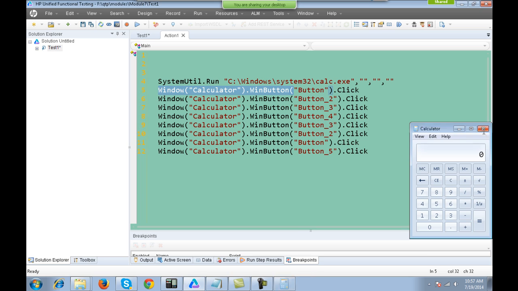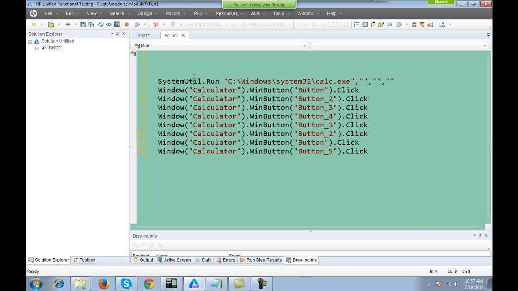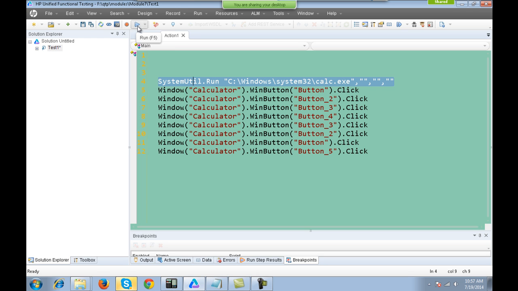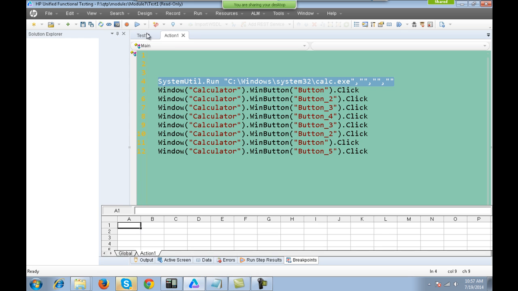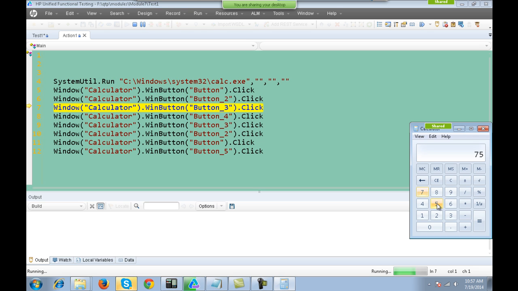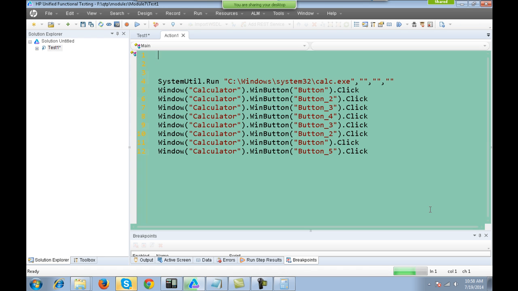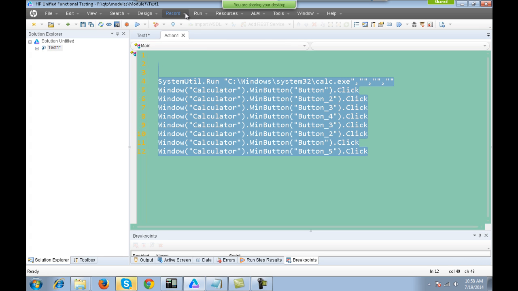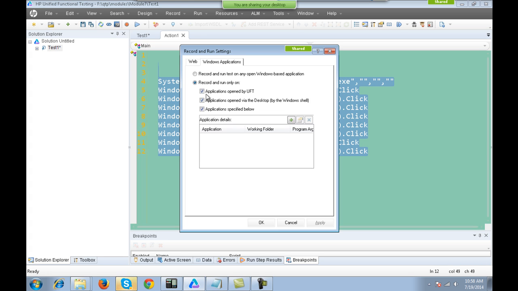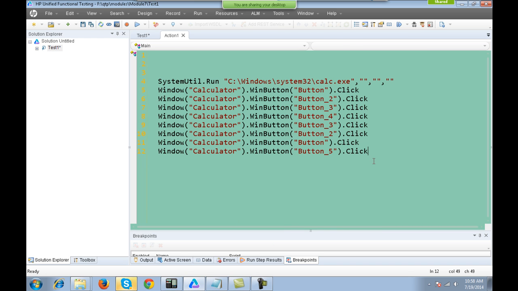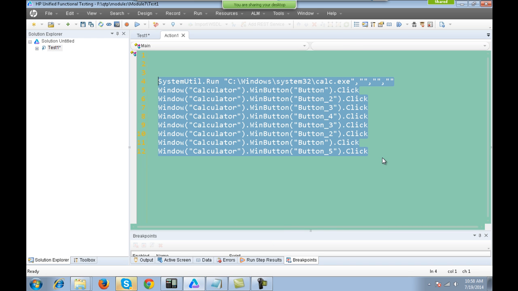Fine, make sure there is no instance opened in the beginning, because the first line will open the calculator. Okay, only one calculator should be running. So now if you run this, you will see that it executes perfectly fine. Fine, it's executing line by line, right? Okay, so the rule for the Windows based application is that firstly, in the record and run settings, make sure that these are checked. Secondly, only one instance should be running, and thirdly, when you are recording, make sure